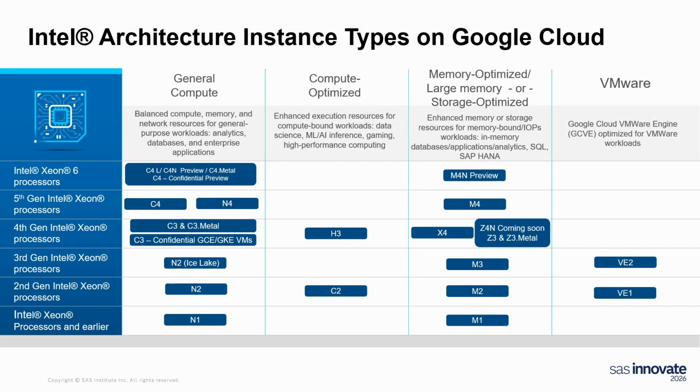So just to give a holistic idea of all the types of Intel-based instances available in GCP, I wanted to show you that there are instances running all the way from our first generation Intel Xeon to the 6th generation. This is one of the use cases where an ISV has tested their workloads to show you the delta in value, in terms of improved performance and TCO, when you adopt the latest and greatest from Intel in GCP.